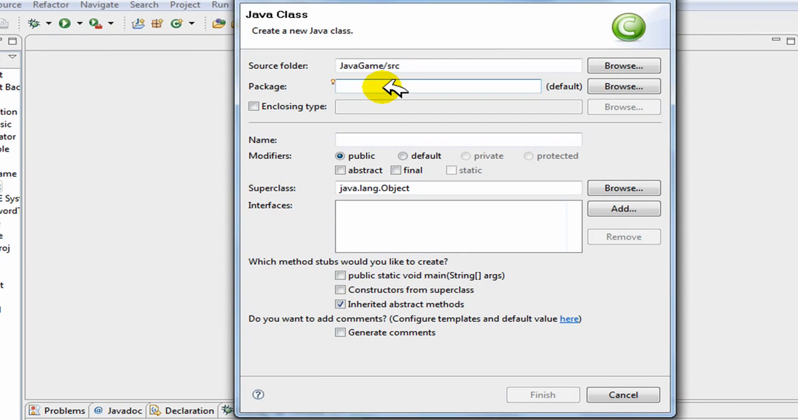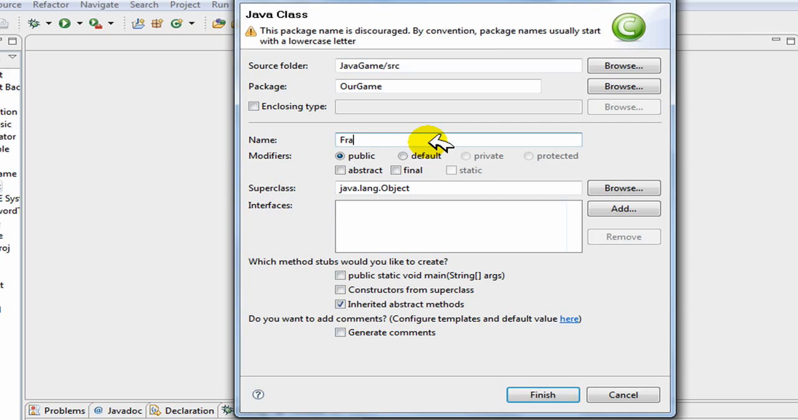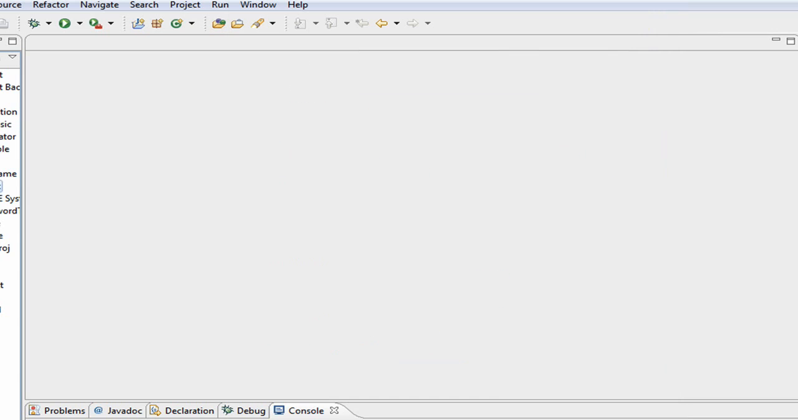Now when you're creating a class, you're going to add your package here. I'll call our package our game. You can call your package whatever you want. Give your class a name, but there has to be three classes. One will be the frame. I'll call this one the frame,